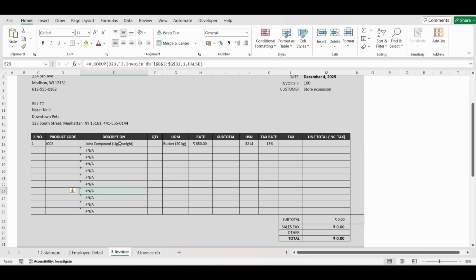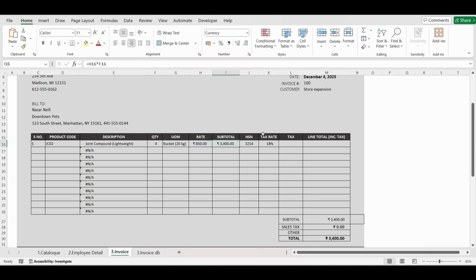I have simply applied the VLOOKUP as I applied in the description field, over all these columns. I have simply changed the column number. Here it's 3, for the next column it's 4, and for the last two, tax rate and the others, it's 5 and 6. And now I can set up another formula to calculate the subtotal by multiplying this rate with the quantity.